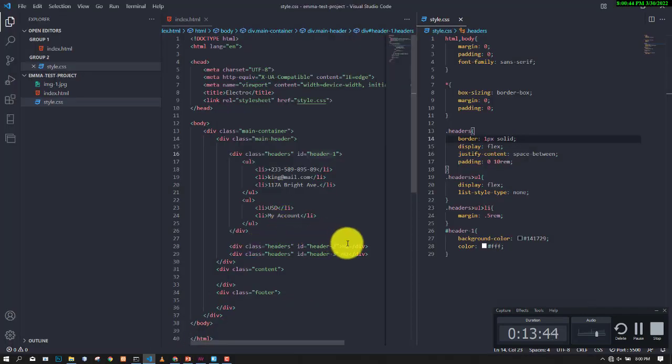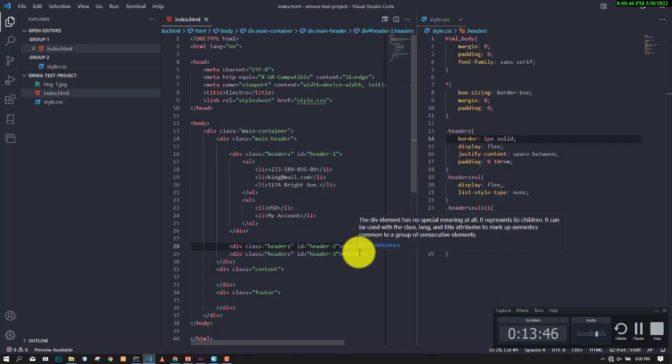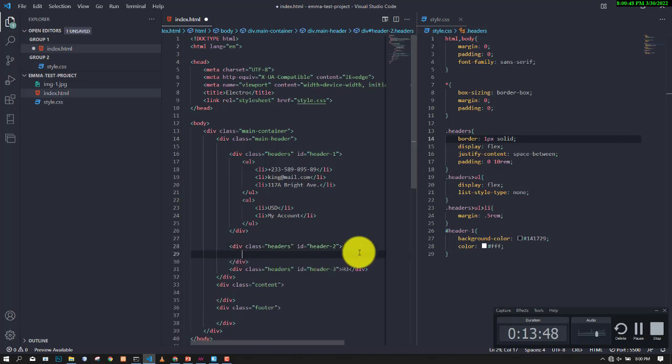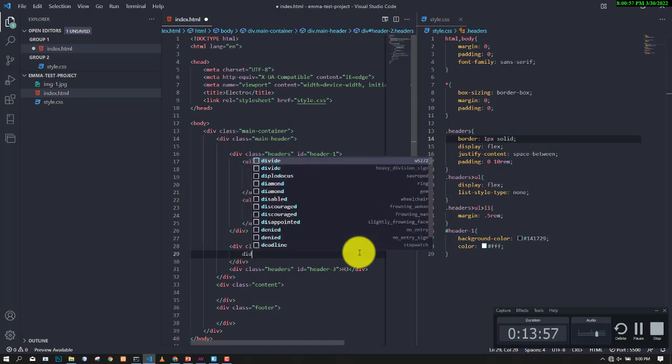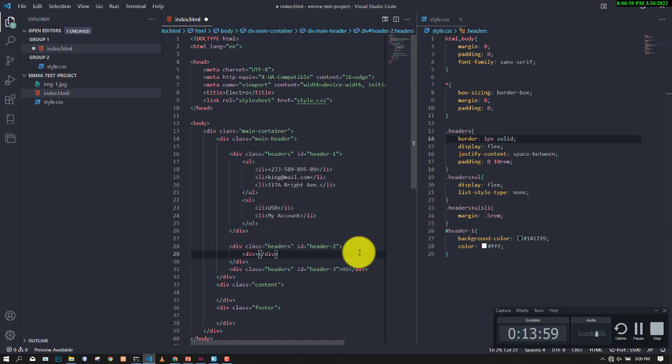So we pick up the H2. Please, I hope you're not confused. Okay. If you want me to pause, I'll pause. So we'll pick up header 2. Header 2, we know we have 3 elements going inside. So the first one will be our div for what? Logo, right? That is electro dot, and then here we'll give it an ID of what? Logo, right? And then